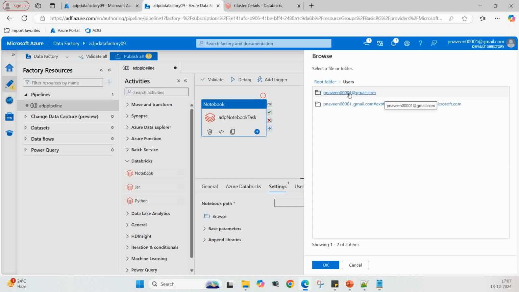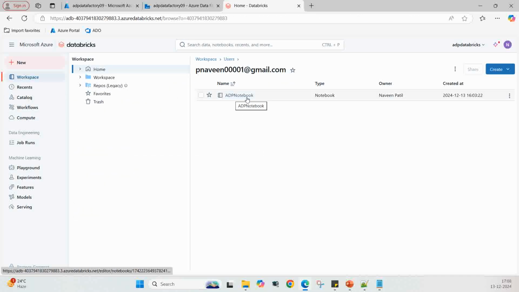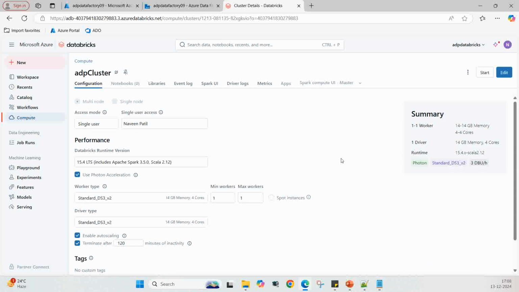I will choose my mail ID here. ADP notebook. Where is ADP notebook? ADP notebook is here, in Workspace. Okay, this ADP notebook is already attached to this cluster. If I click on this cluster and then